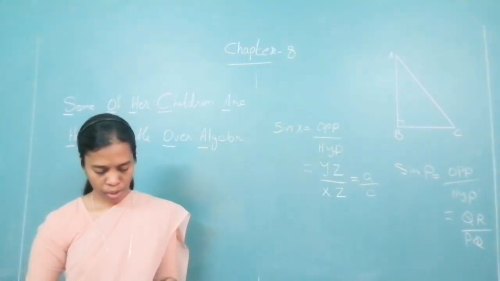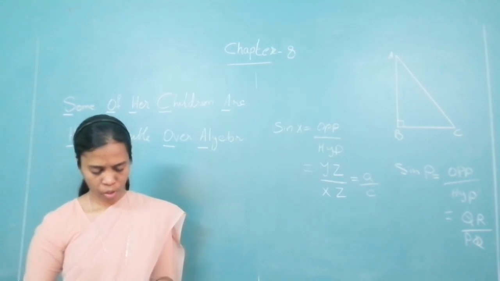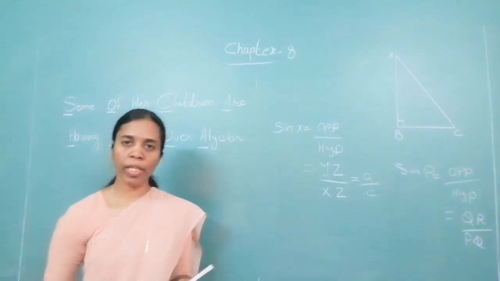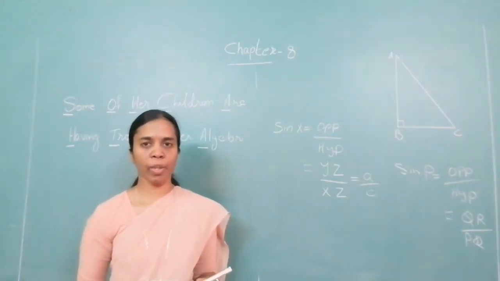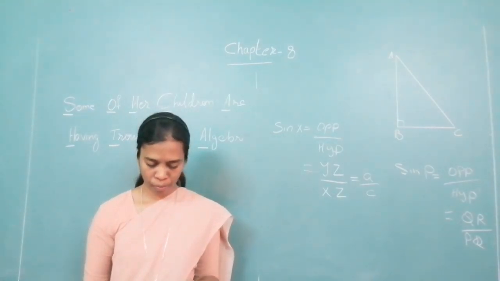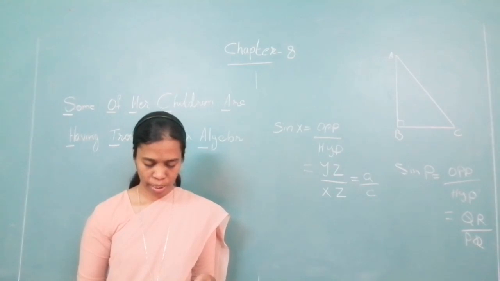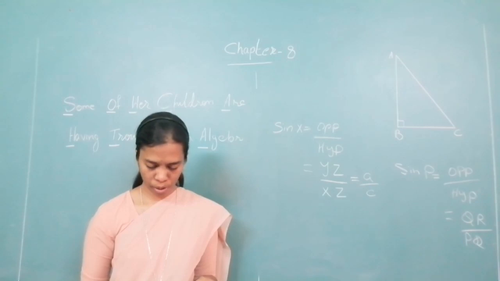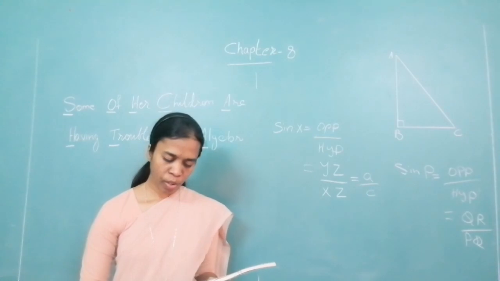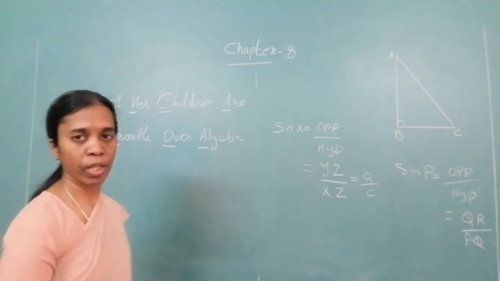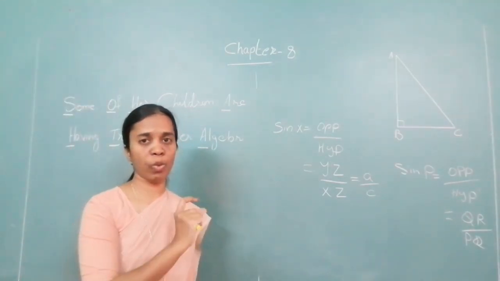Okay. Again the third one, you are given the measure. Instead of saying sine L, you are told sine 50 degrees. So you just write the measure, sine 50 degrees. Instead of writing L, you write 50 degrees. Look at 50 degrees, which is the opposite of it? MN. And which is the hypotenuse? LN. So what will be the answer? MN upon LN. In the last question over there, look at which angles are given. Please take care of the angles well, okay? Which triangle they are mentioning, and then you look at it.